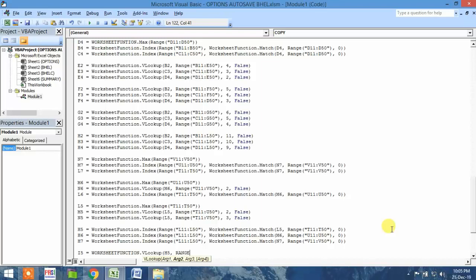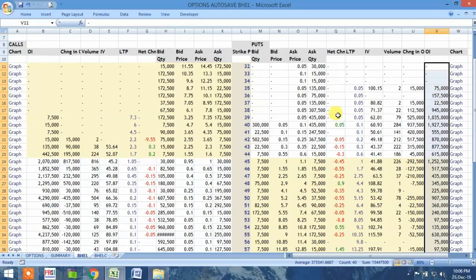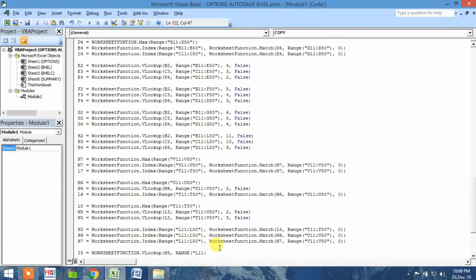we'll give them a range from H11, oh, it's not H11, it should be L11 to, now we'll have to go to option change sheet now, because we want this values, that is a net change value, so it should be QRS, so it should be Q50, L11 to Q50, comma 2,